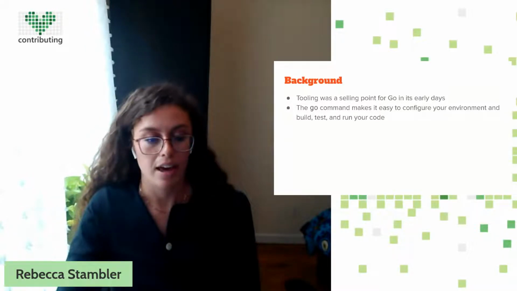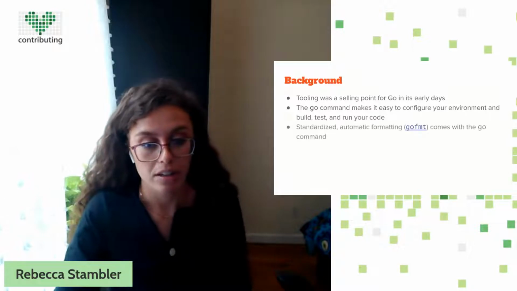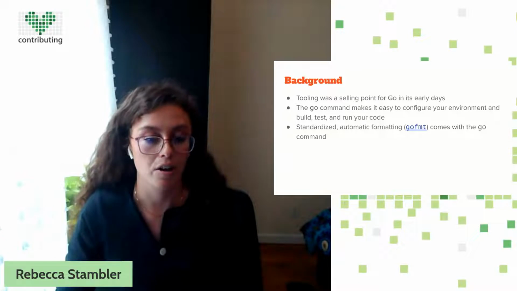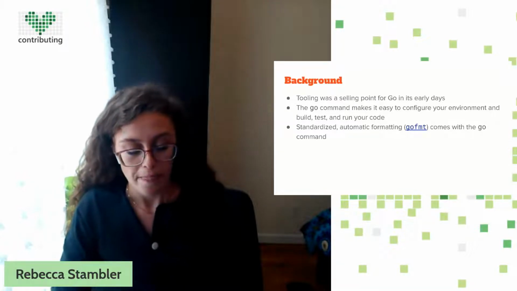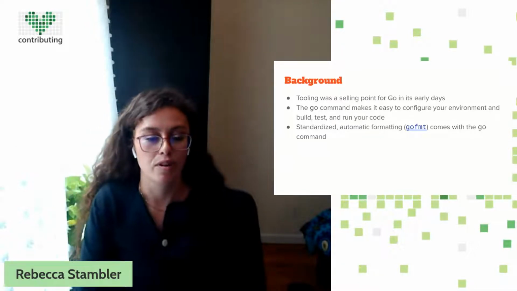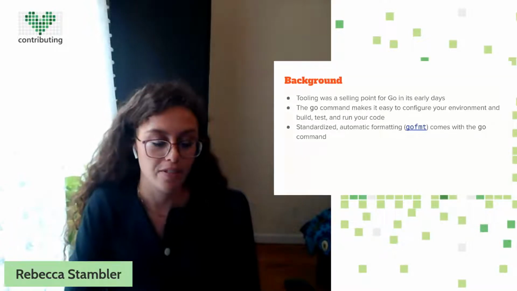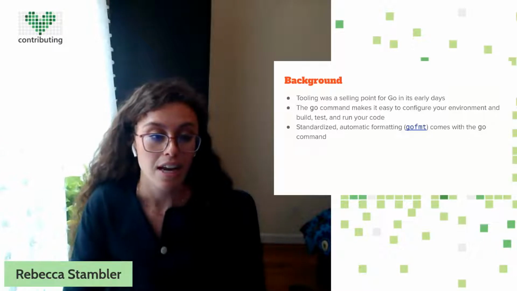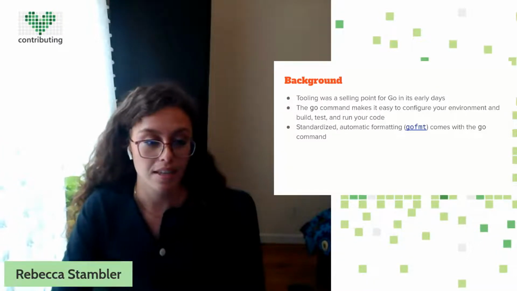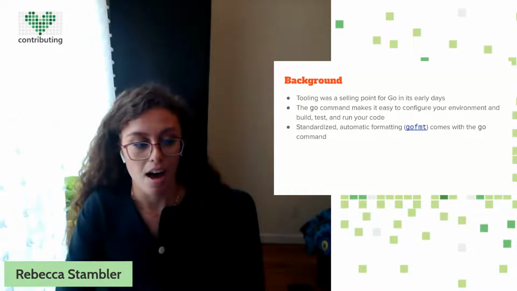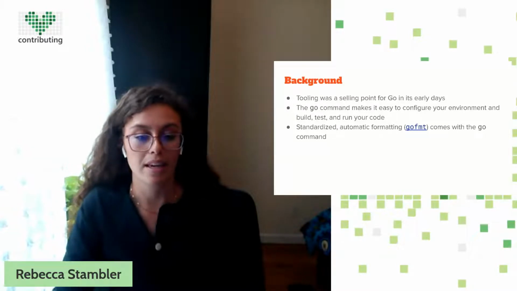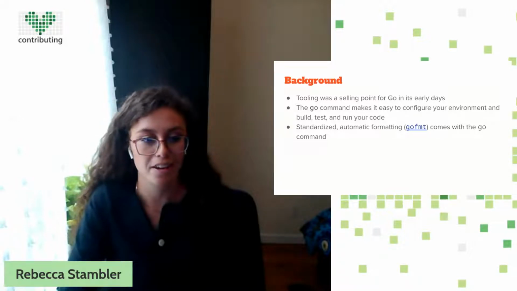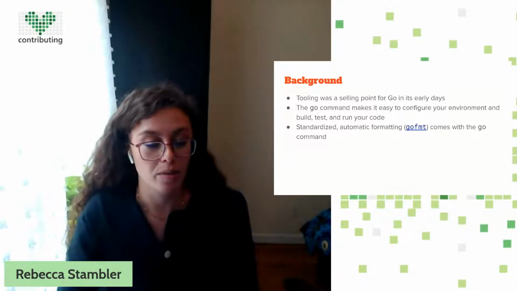But in addition to that, Go ships with a formatter. So when you get the Go command, you also get the gofmt command, which is basically the standardized automatic formatter that comes with Go. And I think the quote is that gofmt is nobody's favorite, but it's also everybody's favorite because it enforces a really strict standard on the way that Go code should look. But maybe it makes choices that you don't agree with. But it's so opinionated that it eliminates these arguments that people often waste time on, tabs versus spaces, etc. So that's been one really cool thing.